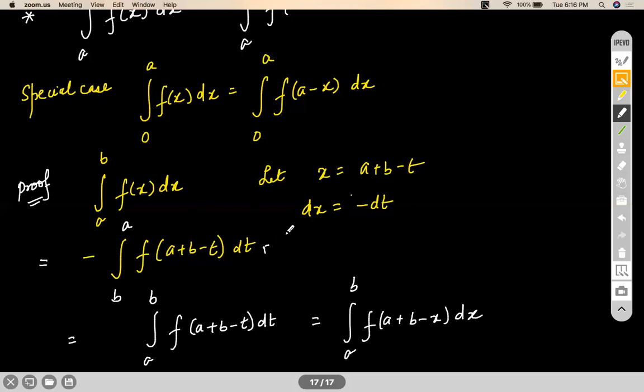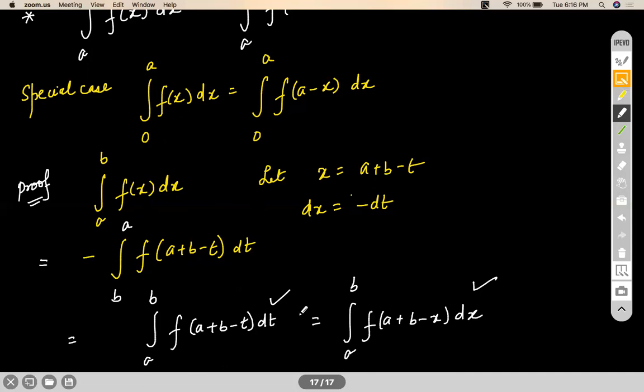This is a problem in itself. So if you see this as a problem in itself, let's say there is no precedence to this problem. There is nothing like, before it. Can I not write it like this? I'm just changing the name from t to x. What is wrong in that?